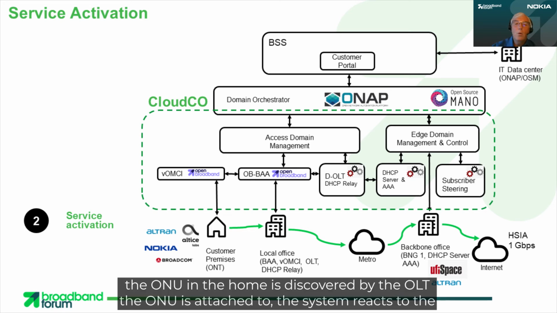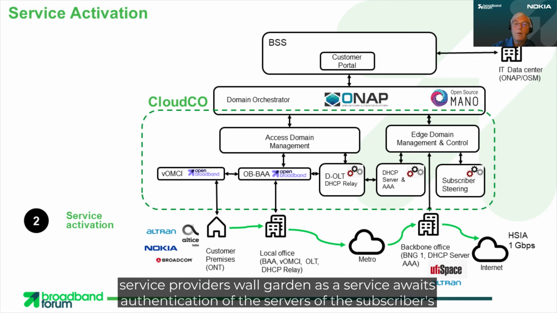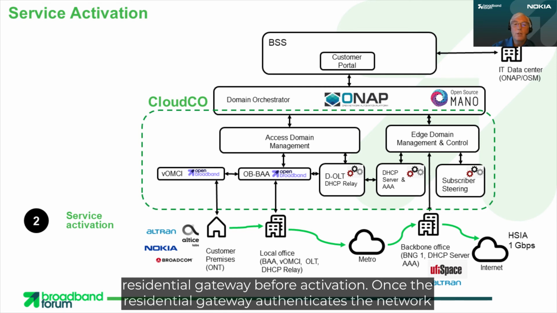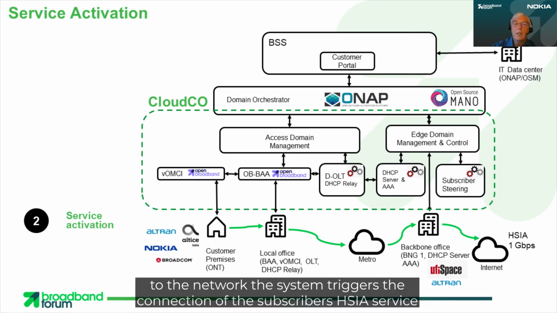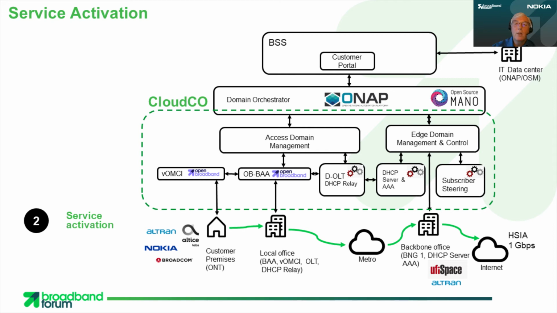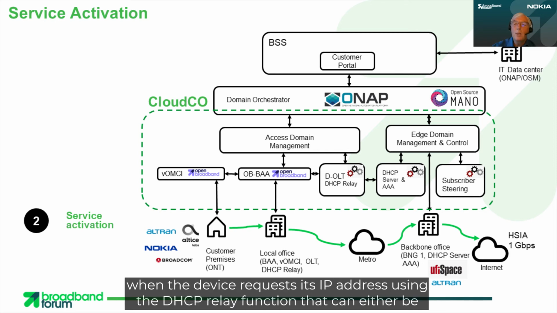The ONU in the home is discovered by the OLT the ONU is attached to. The system reacts to the discovery by establishing a 1 gigabit service connection from the subscriber's home to the service provider's walled garden as the service awaits authentication of the subscriber's residential gateway before activation. Once the residential gateway authenticates to the network, the system triggers the connection of the subscriber's HISA service to the internet drain. In this demonstration, the subscriber is automatically authenticated when the device requests its IP address using